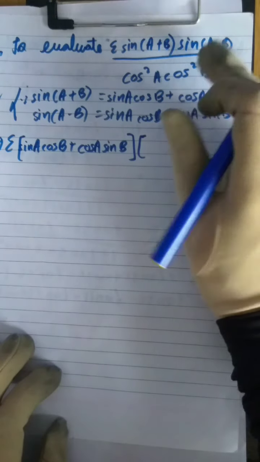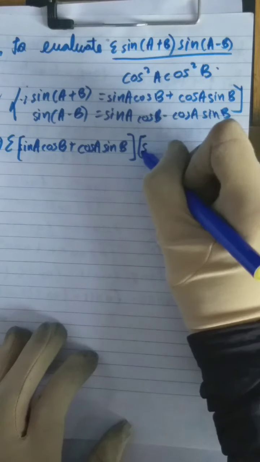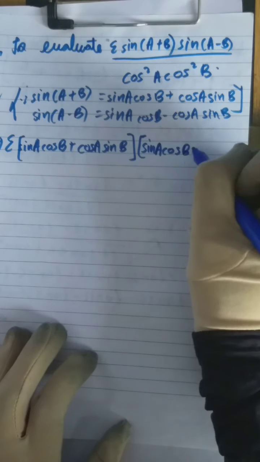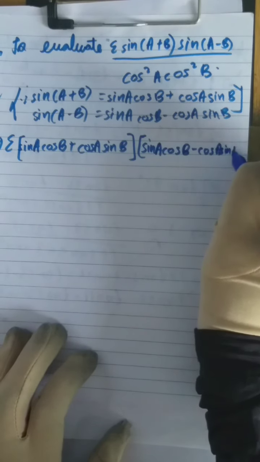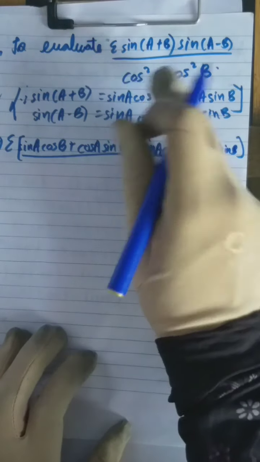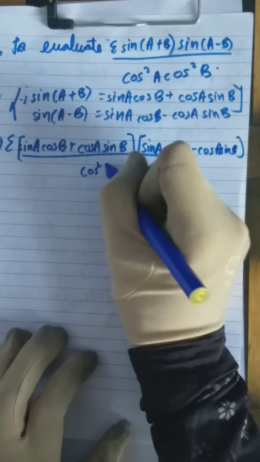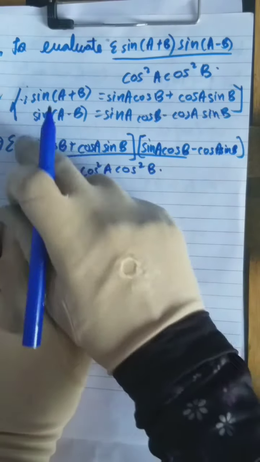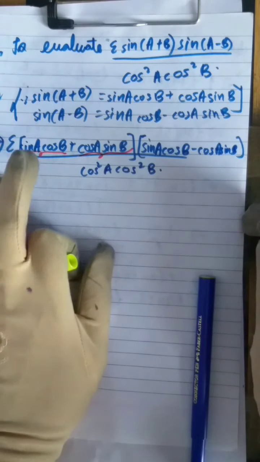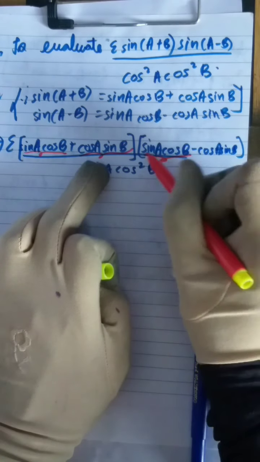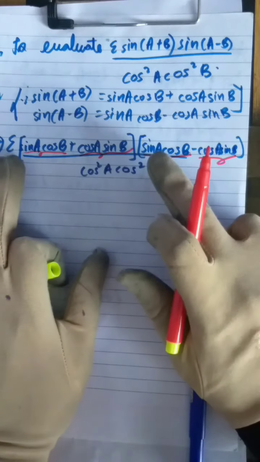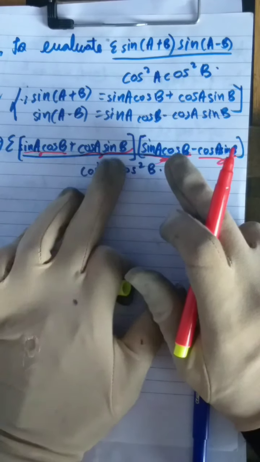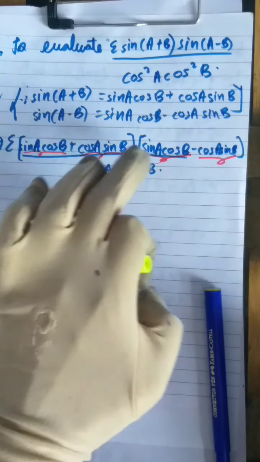we have the sin(A−B) formula. So substitute sin A cos B minus cos A sin B, whole divided by cos square A cos square B, we'll write as it is. Now if you observe this, this whole we are assuming as a, and this whole we are assuming as b. So it is of the form a plus b, and this will be a, and again this will be b. That is, a we are assuming as sin A cos B, and b we are assuming as cos A sin B. So it is of the form (a+b) into (a−b).